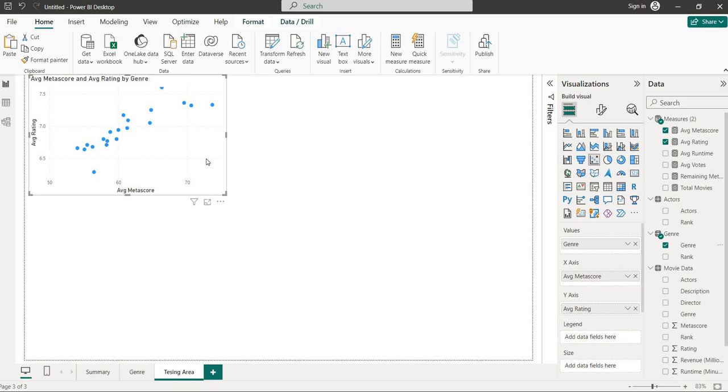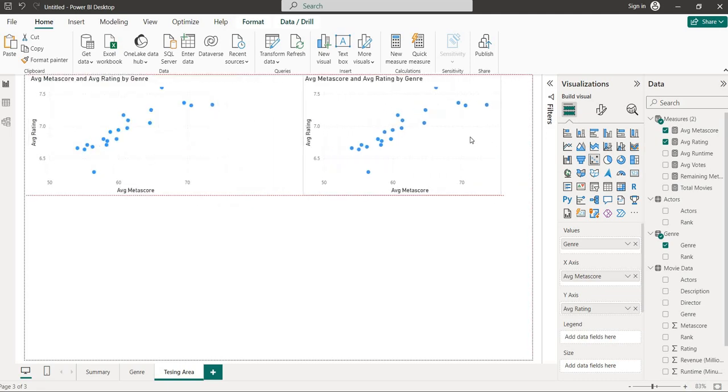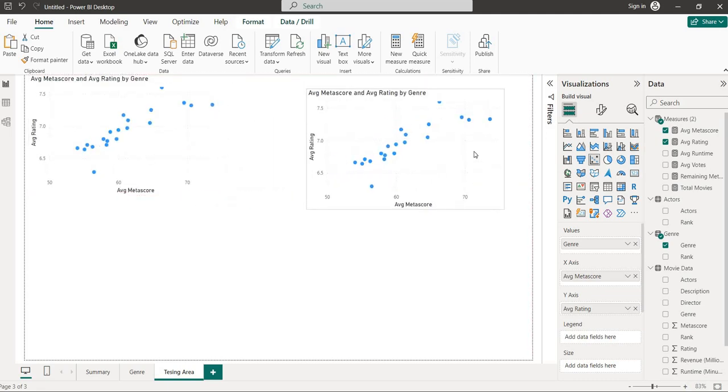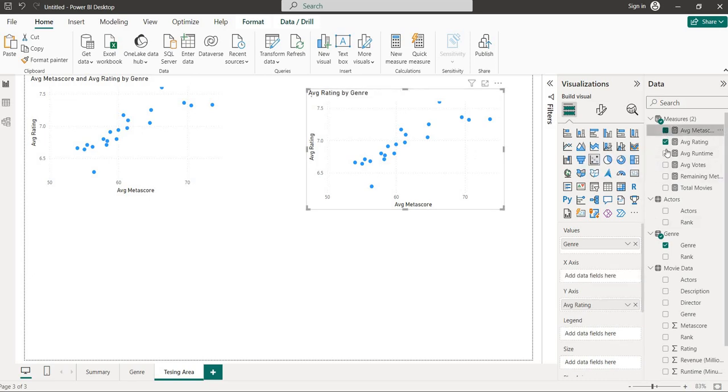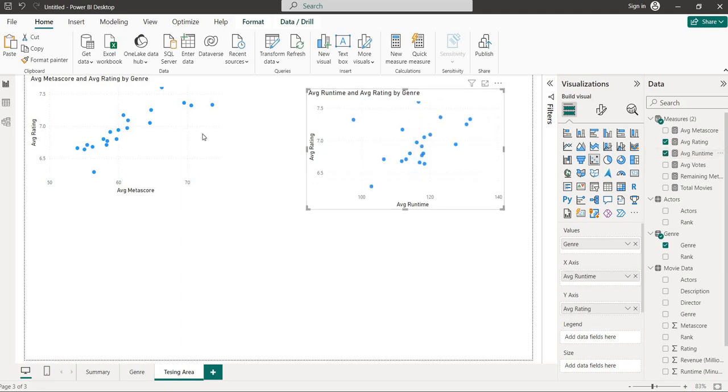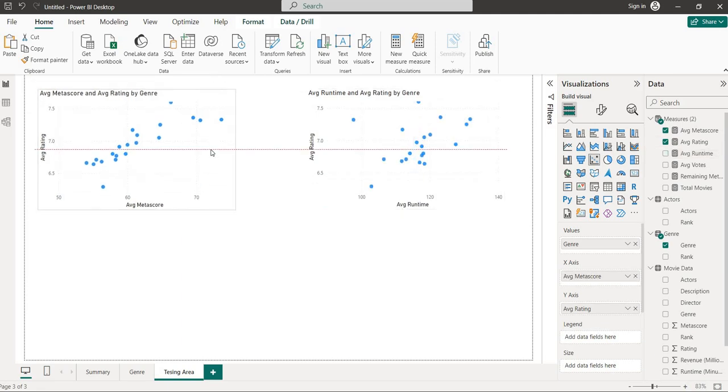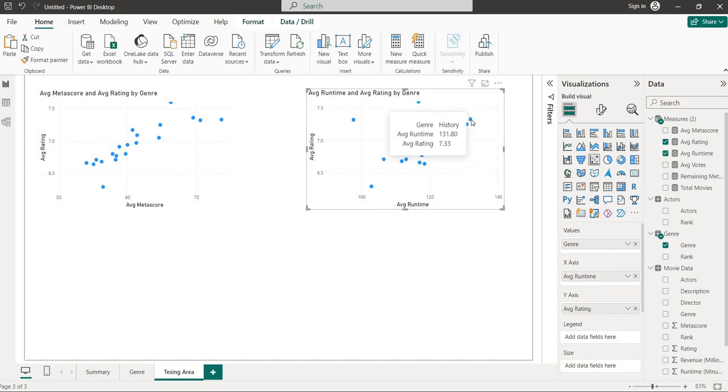Okay, one more scatter plot we can make. On what basis? It's on the basis of runtime and rating. You can go for runtime and rating. Okay, so now you can see that here the runtime is 131.8 minutes, but the average rating is 7.33, and here the runtime is 97.69 minutes.